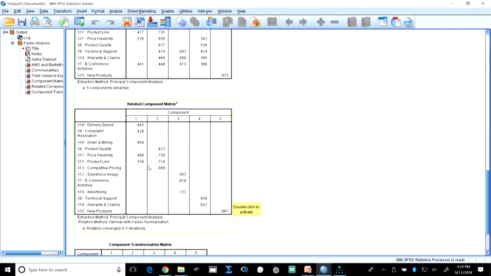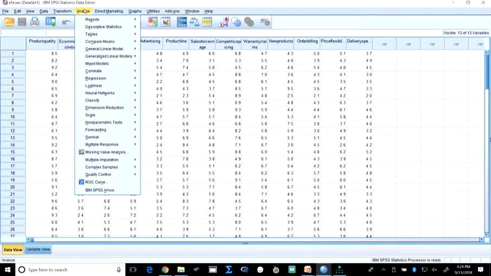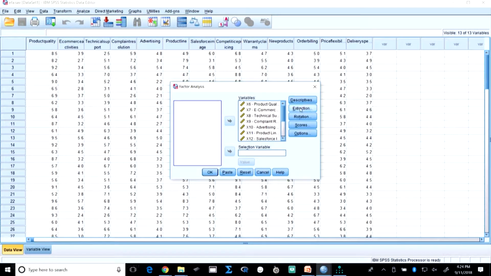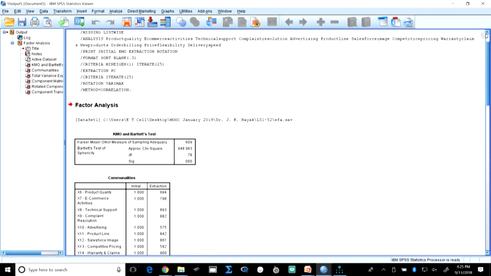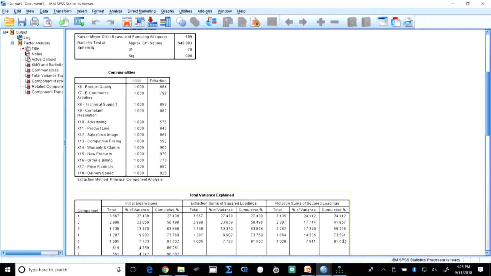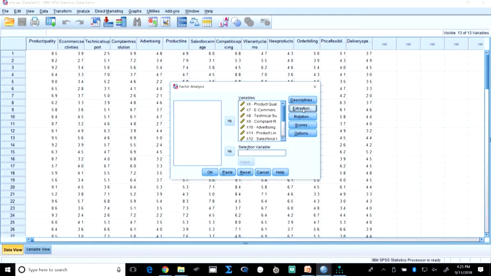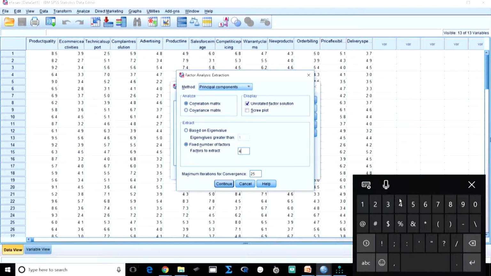So, all these 5 factors, now suppose you see I have got a 0.987, but it is a single variable, right. So, if I want I can run this in a slightly different way. What I can do is go to analyze, dimension reduction again, and now this time, let us go back to the output, look at the amount of variance explained here. The amount of variance explained in this case is about 81%, which is sufficiently high. So, instead of 5 factors, if I make it fewer factors, will it make some difference? Let us see. So, I will now extract only 4 factors, and I will run this again.